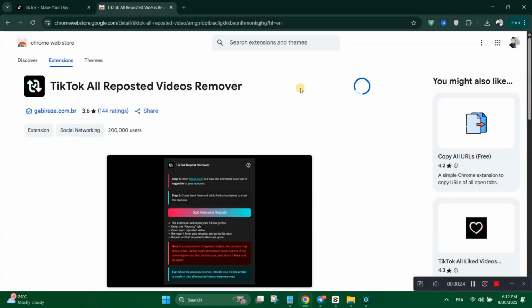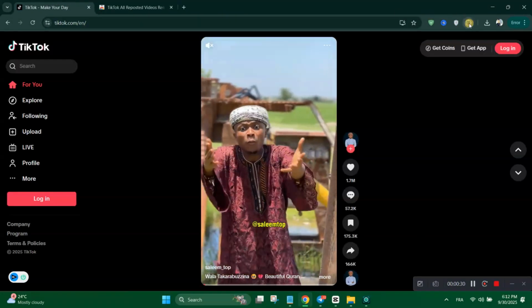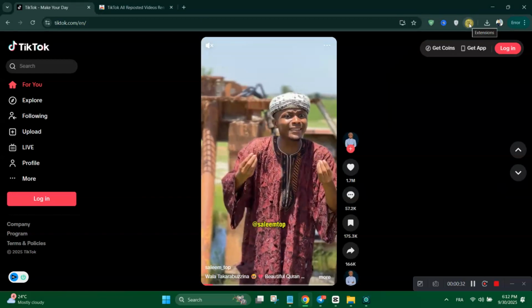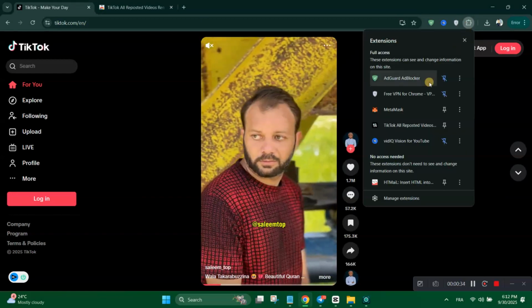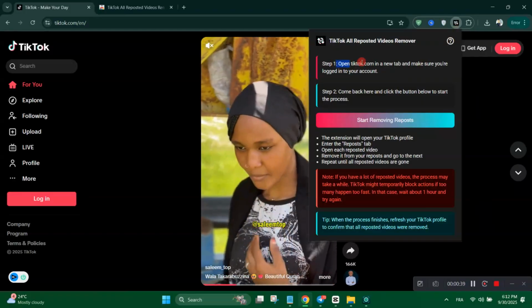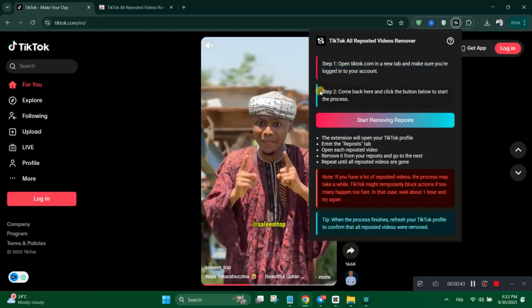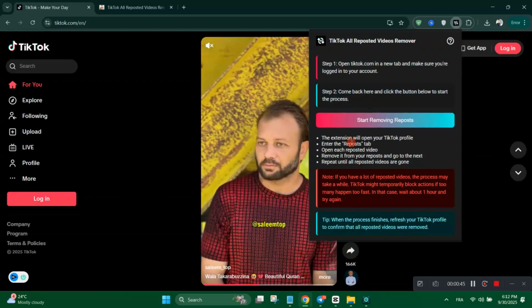On your computer, open Chrome Web Store, then search for TikTok All Reposted Videos Remover. Click Add to Chrome, then confirm by clicking Add Extension when prompted. Now open TikTok in your browser, then sign into your account. Click the extensions icon, which is the puzzle piece at the top right of the Chrome interface, then select TikTok